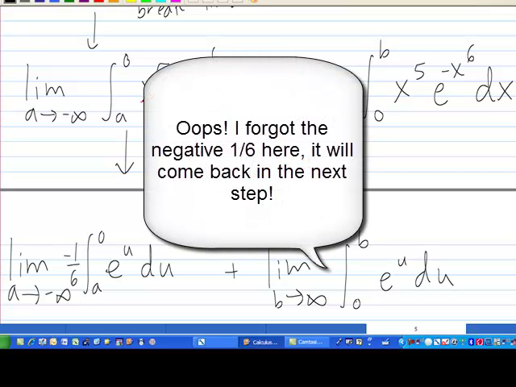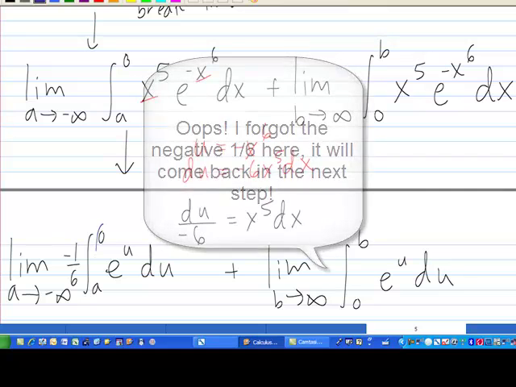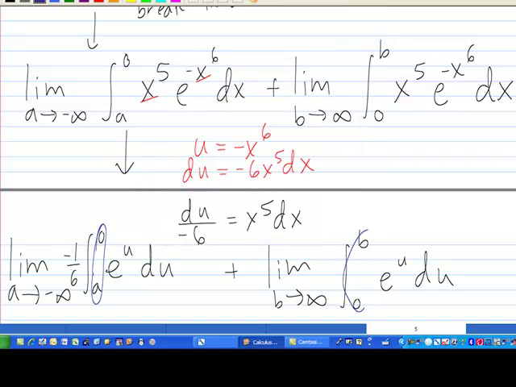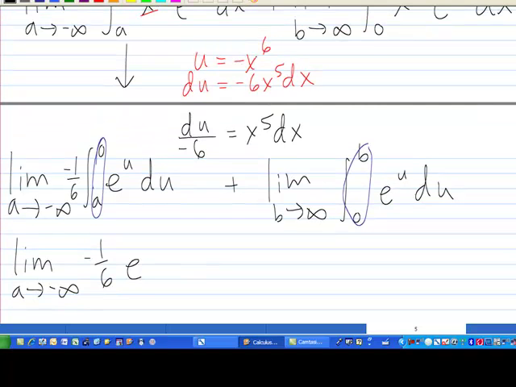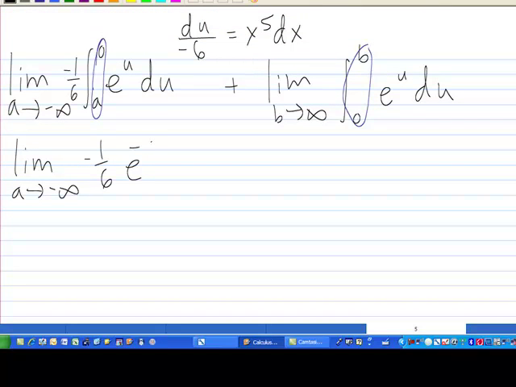Now one thing I'm not changing here, these bounds on both of them should now depend on u, but since I'm going to integrate, we'll see it's just going to be the same thing. So just ignore the bounds for now. If we integrate e to the u, the result is just e to the u. So this limit becomes, the limit as a goes to negative infinity, negative 1/6 e to the, now what's u? U was negative x to the 6th. After integrating, this is what we get, evaluated from a to 0,